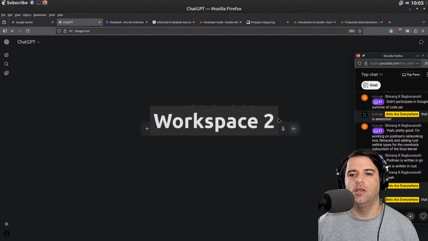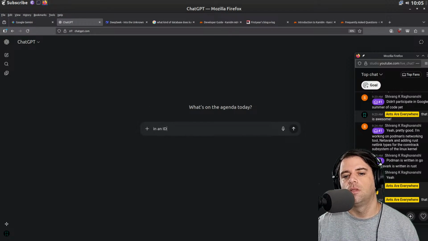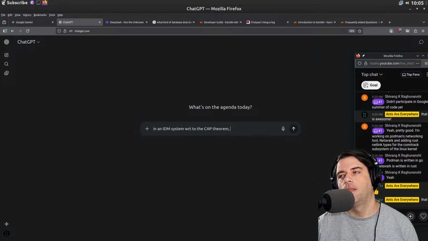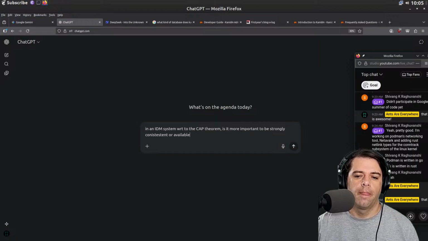Okay. So let's ask, in an IDM system, say with respect to the CAP theorem, is it more important to be consistent or available?